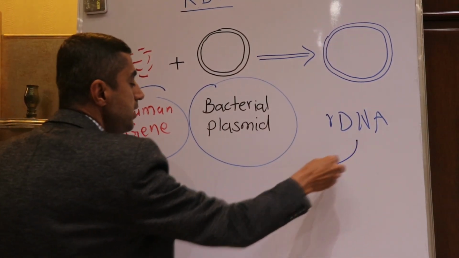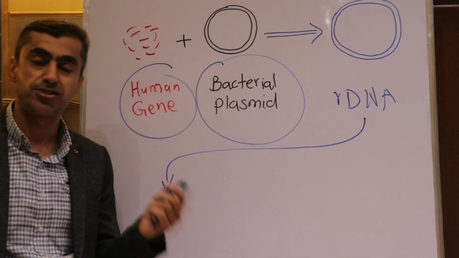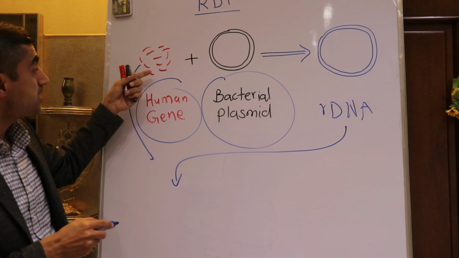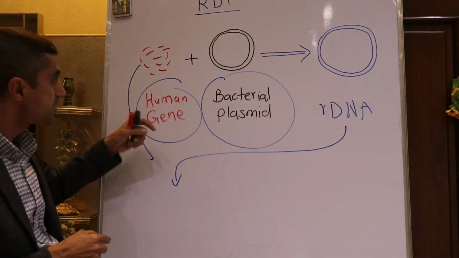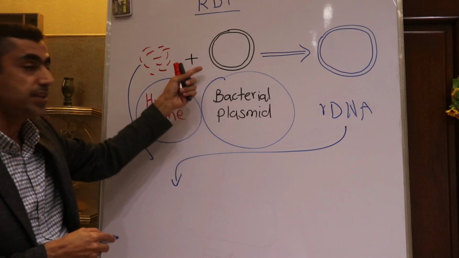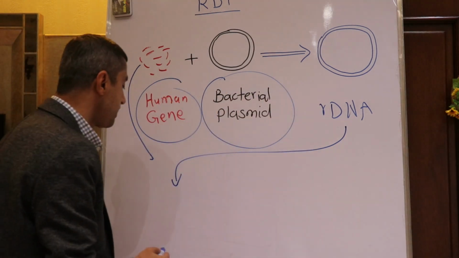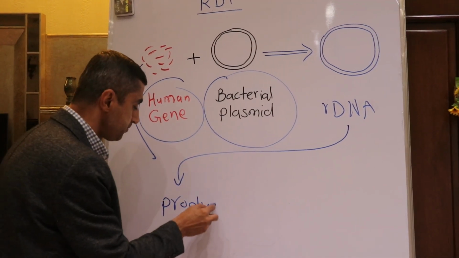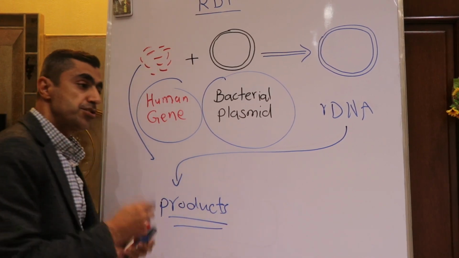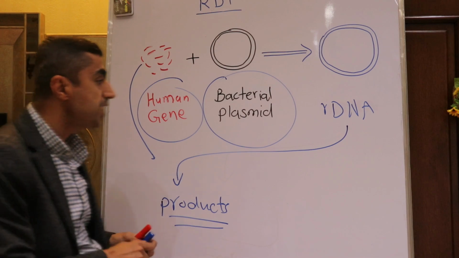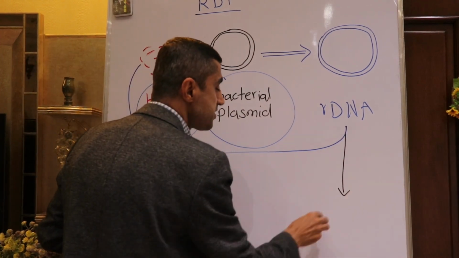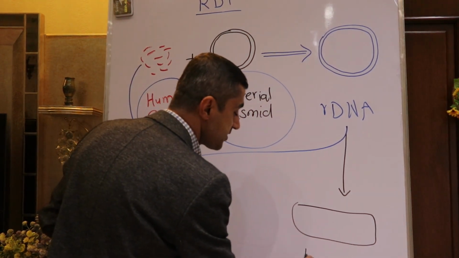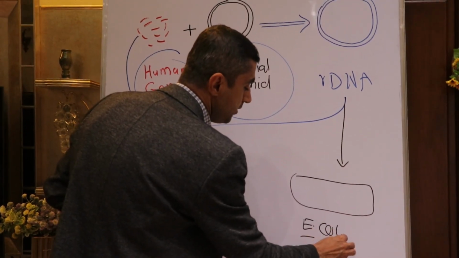And recombinant DNA allows science to isolate a targeted gene, a specific gene, modify it, and combine it with other DNA molecules, which leads to recombinant DNA and makes new or desired products. So this recombinant DNA can be inserted into a living organism or living cells such as E. coli cells